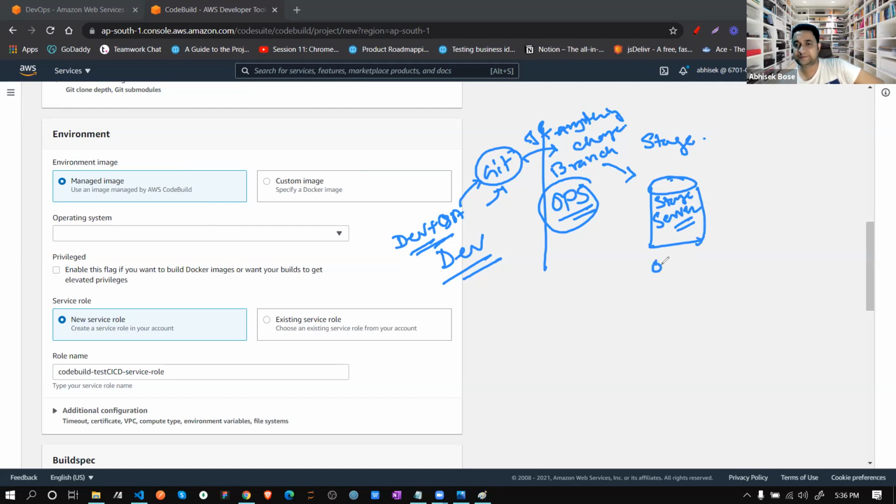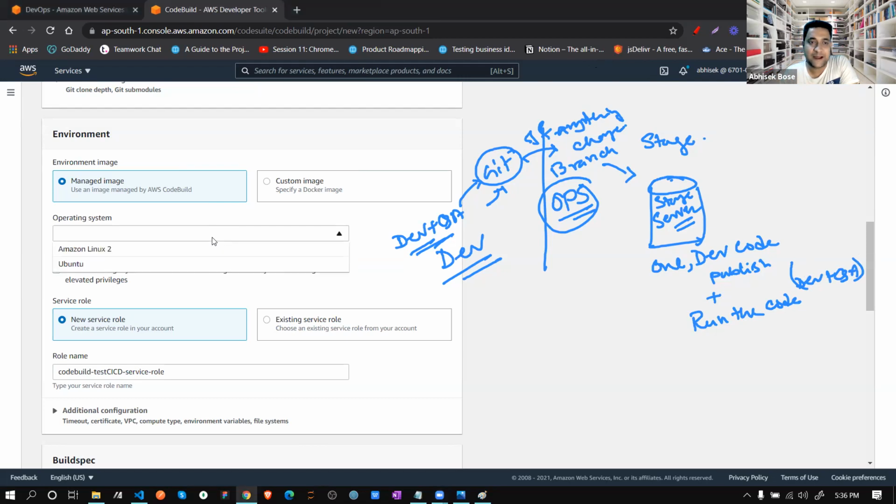First, after creating this server, you have to publish the development code and run the code, no matter whether it is for the developer or QA. Now, for the server creation, how do you do that?